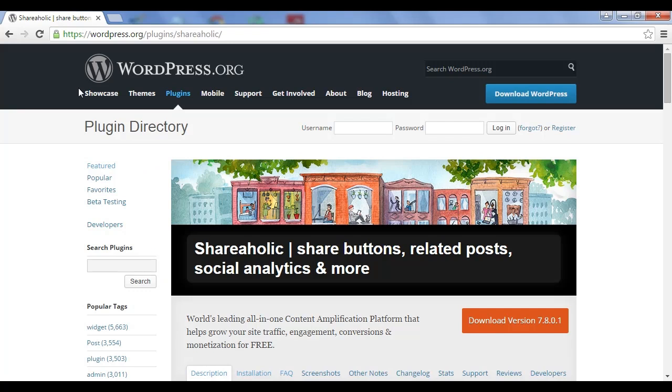If you have a WordPress blog, then one way to get more likes on Facebook is to install the Shareaholic plugin, which you can do from within the WordPress dashboard, or you can come here to wordpress.org/plugins/Shareaholic. And what this does is it puts the social media sharing buttons for Facebook as well as for Twitter and some other social media sites onto your site automatically,